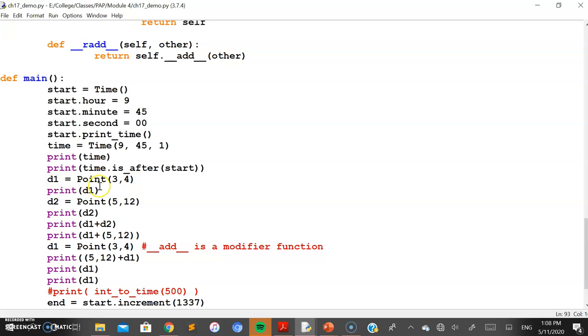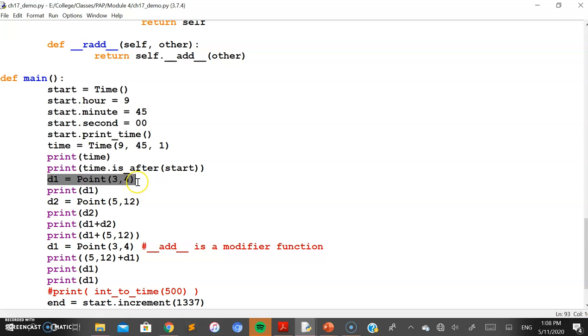Following that, here we have created d1 as an object for a different class known as Point. You can see in this statement what has been done. d1 is created as an object for the class Point. While creating it, we have passed two values with the class name.